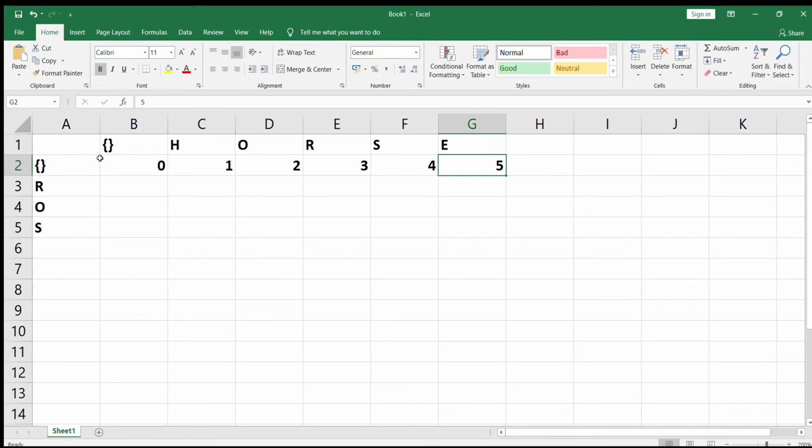Now similarly, if word 2 is R, O, and S and word 1 is empty, then similarly 1, 2, and 3 operations will be required. If word 1 is empty and I need to convert that empty string into R, one operation will be required. You need to add R there. Empty to RO, two operations are required because you need to insert R and O. Empty to ROS, three operations are required because you need to add R, O, and S. Adding or dropping are similar operations. So this is for the case where one string is empty and the other string has some value.